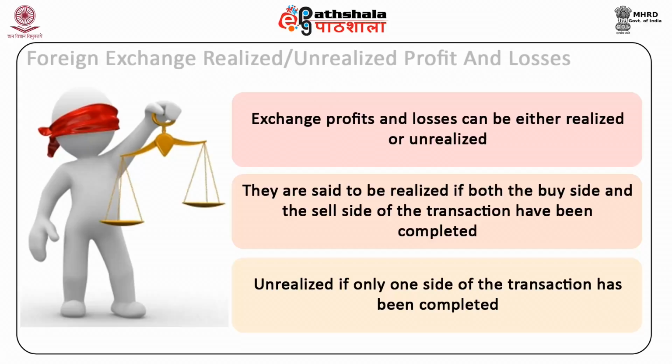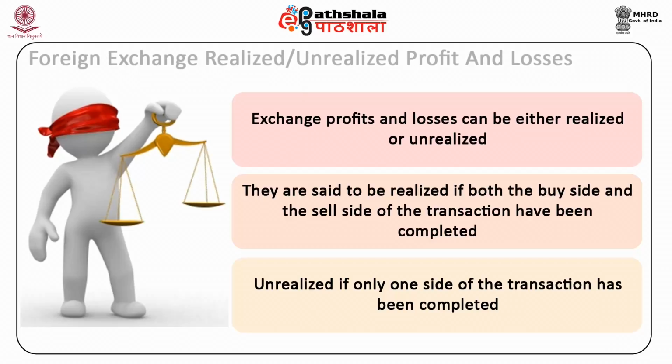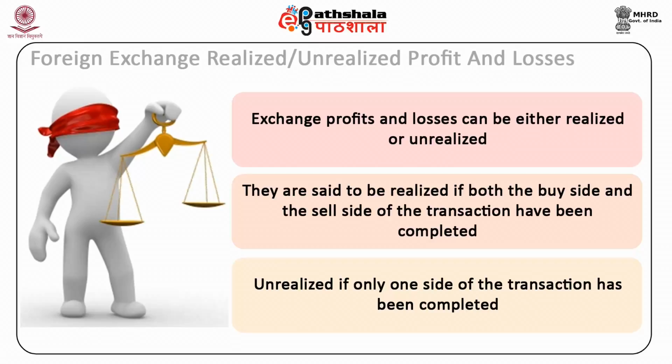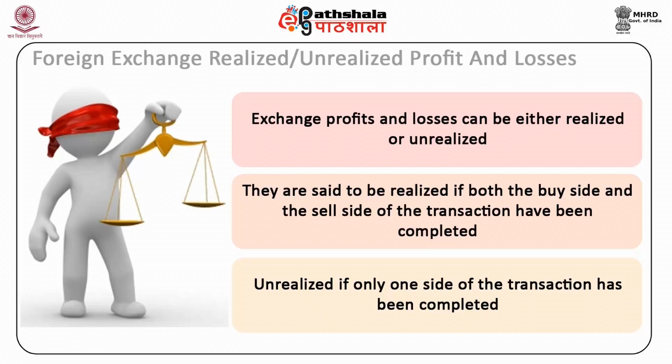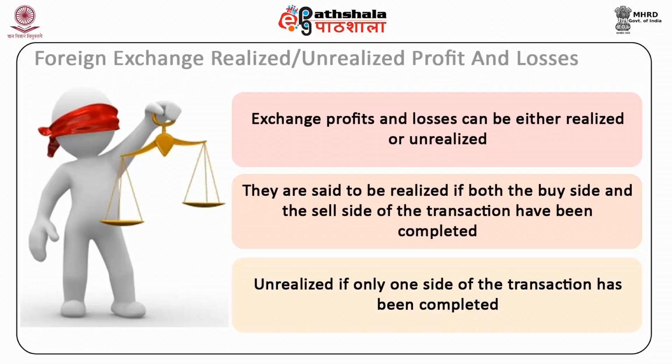For example, calculate the unrealized profit or loss if 10 lakh pounds sterling were purchased at a rate of 1 pound sterling equals 1.4450 US dollar and could be sold at a rate of 1 pound sterling equals